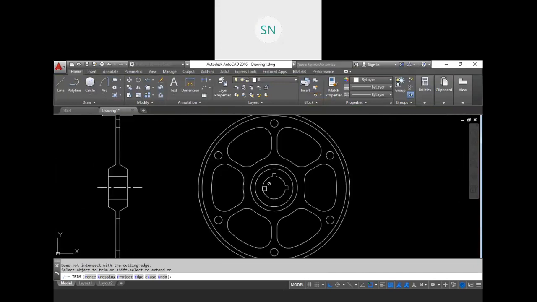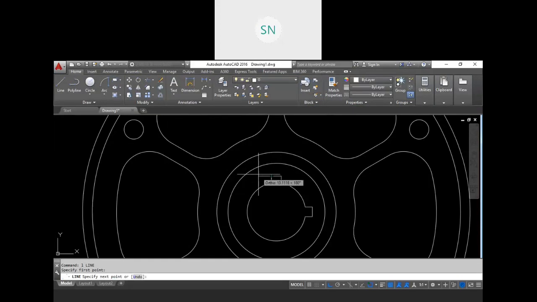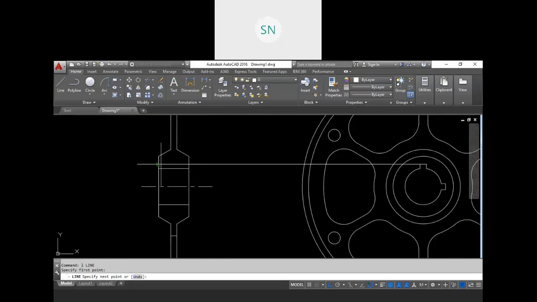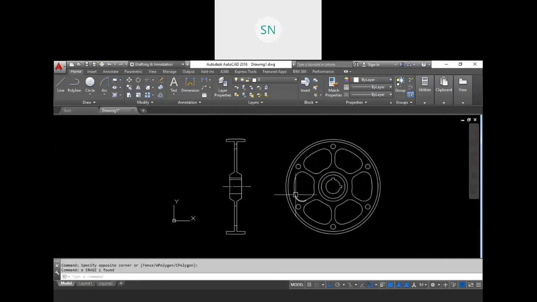Now again we need to take projection of this line over here and trim it again, right? So there are so many detailings in your drawing that you need to create. So it is understood. So everything is all about reading our drawing.